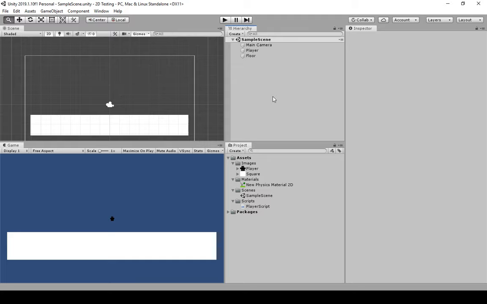Welcome to a tutorial video on Unity 2D Basics. In this video, I'm going to talk about tile maps and tile collisions. Before I go too far, I want to note that this is actually part 2 of a video series on